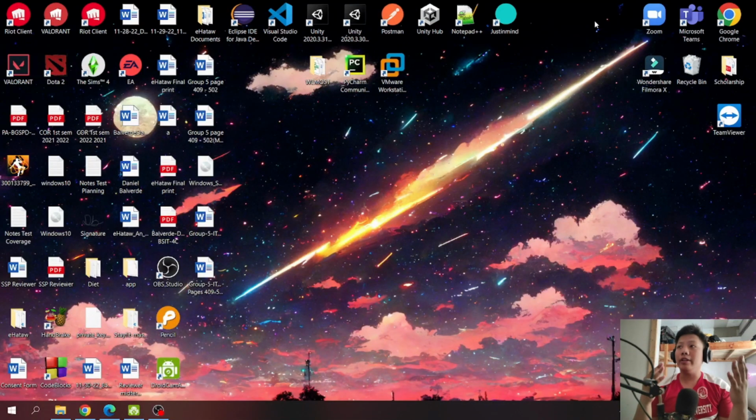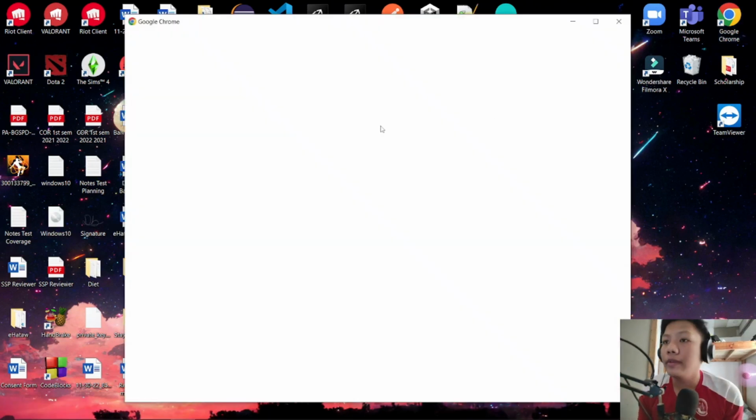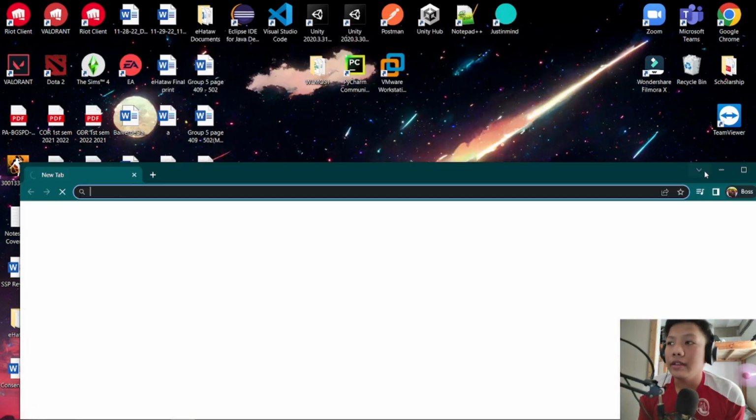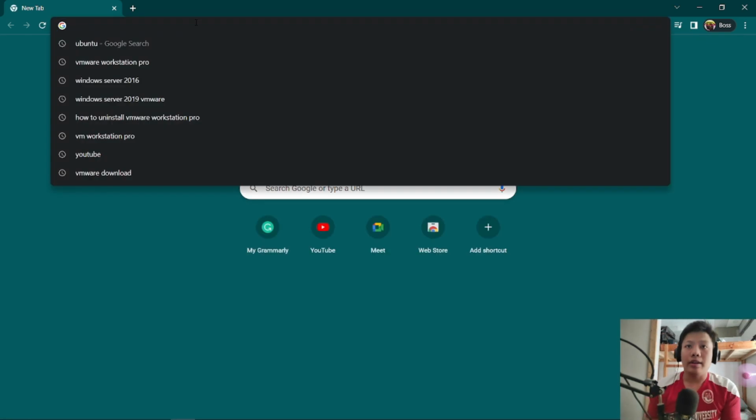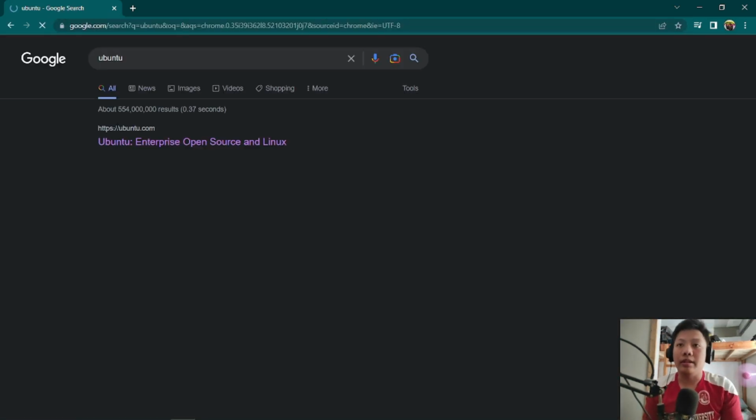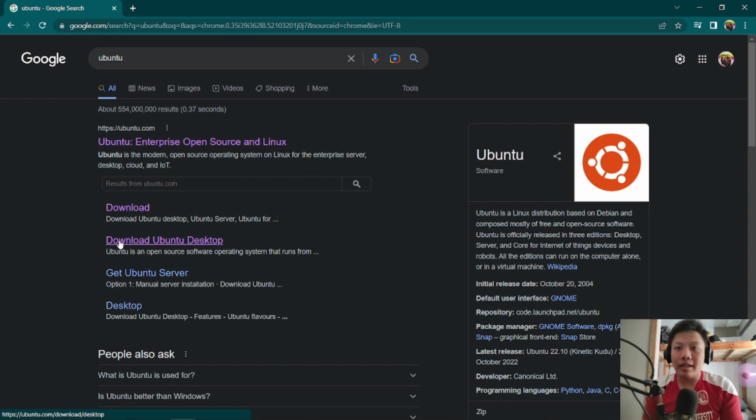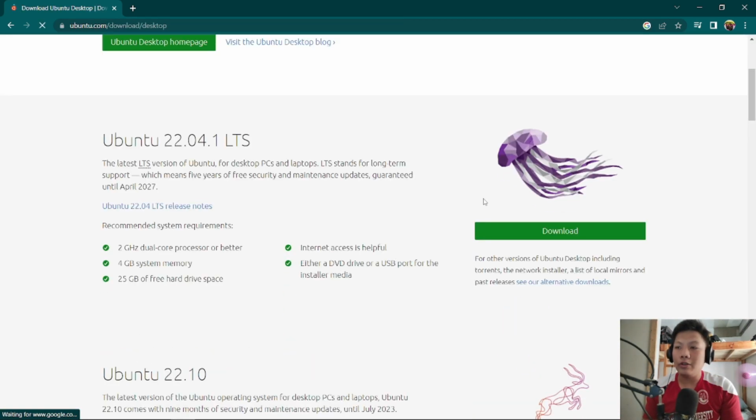For our third tutorial activity, we are installing Ubuntu OS. First, we open Google Chrome, then search Ubuntu, and just click this Download Ubuntu Desktop. Okay, just click in and you will see. I'm going to click this download button for